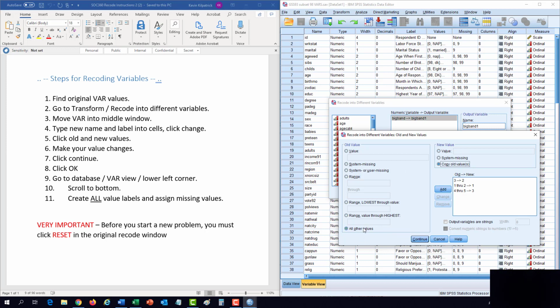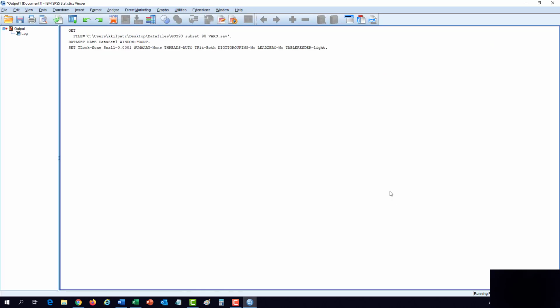On the left, it's all other values, and on the right, it's copy old values, and you must click add. Okay, and it gives you this funky language, which you get to learn in a few weeks. Oh man, is it going to drive you crazy. But we're all done here in the recode into different variables. So like it says in step 7, click continue and then click OK, and oh my God,